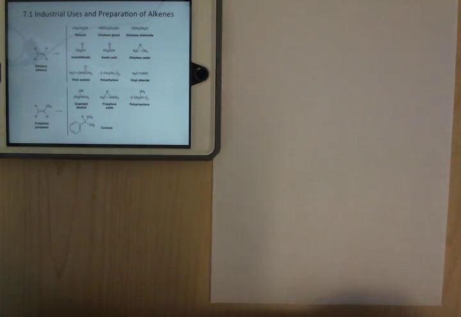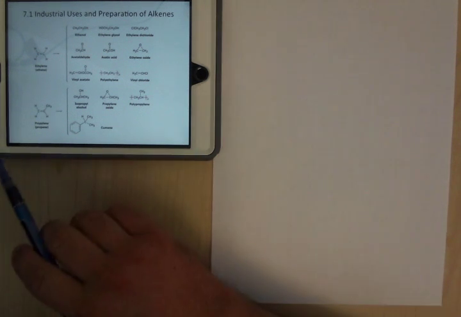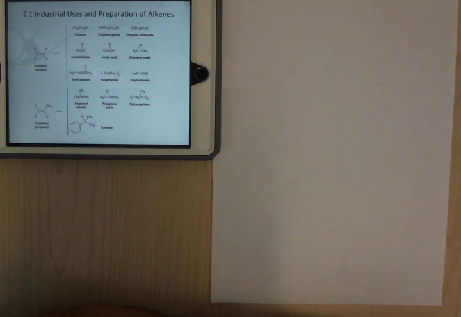But first things first, right? We've already talked about alkanes, so those are going to be the simplest hydrocarbons with just carbon-carbon single bonds. Now we're going to talk about alkenes, and these have a carbon-carbon double bond associated with them, right? So the industrial uses, there's a pretty